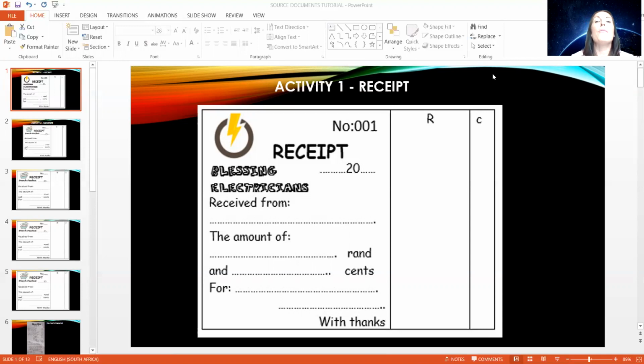All right, so now the first one that we're going to look at is a receipt. Now, when would we use a receipt in the business environment? That is any time that in our business, and remember we always look at any transaction that takes place from the business's point of view. Hopefully you can remember that from term 1 early in the year. So whenever money is received in our store, we can issue a receipt as proof that that money has been